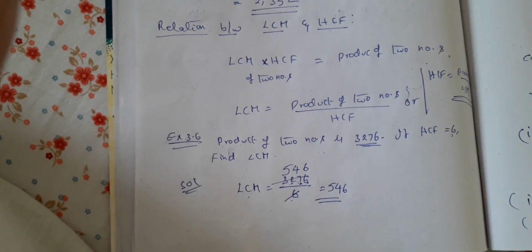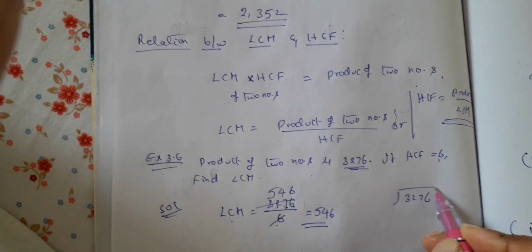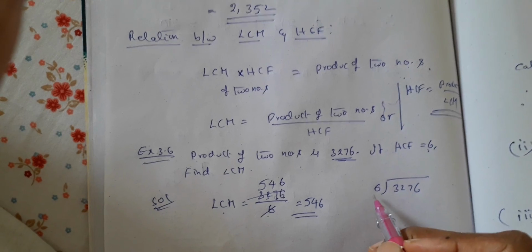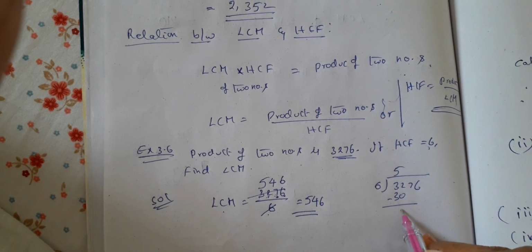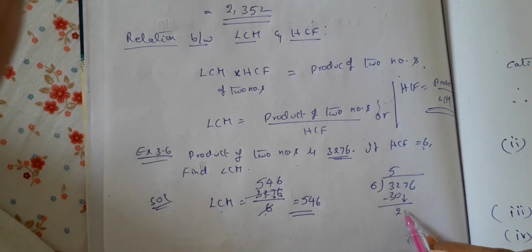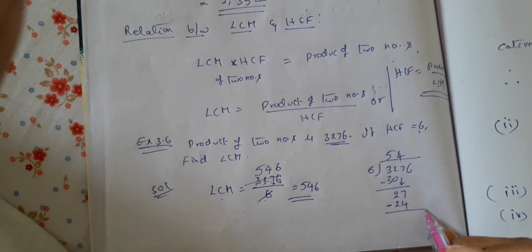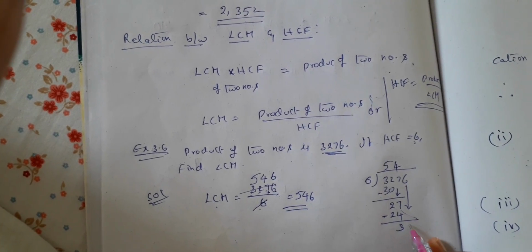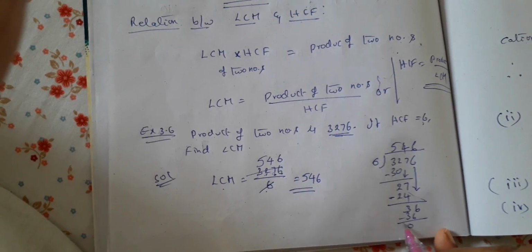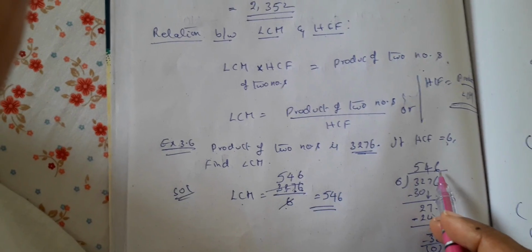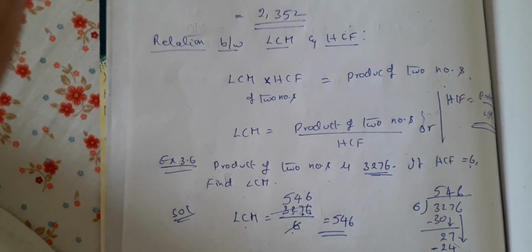Yes, for those who want clarification from long division, I am doing it. 3276, we are going to divide it by 6. 6 5s are 30. Subtraction. 2 is the remainder. And then you can bring down 7 here. 6 4s are 24. Subtraction, 3. Now bring down 6 here. 36. 6 6s are 36. Now the remainder is 0. So the answer is 546. Okay. So now children, pause the video.